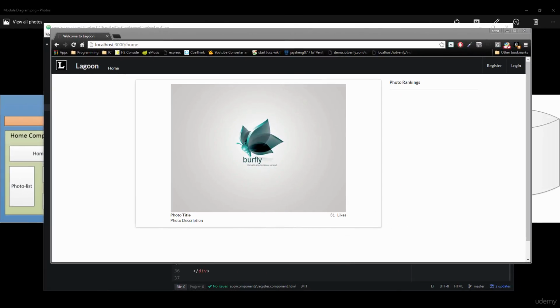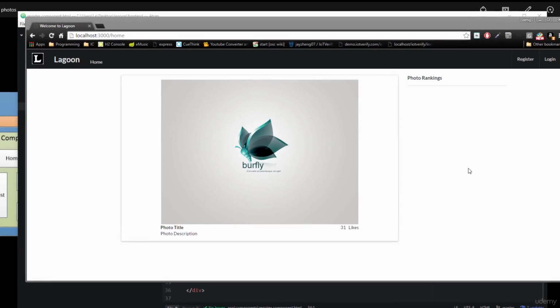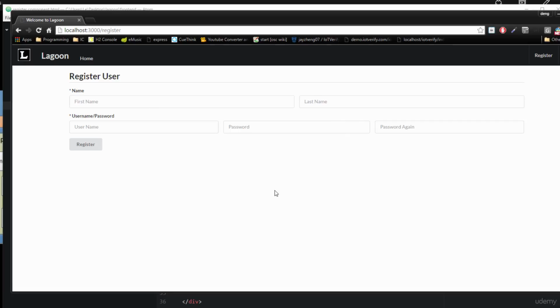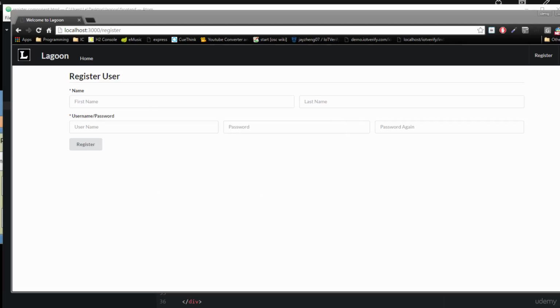Hello everyone, welcome back. In the last lesson, we implemented a function for registering a new user. So let's just quickly review the process, okay? So we have the register form, right? And if you bring up your Atom editor,